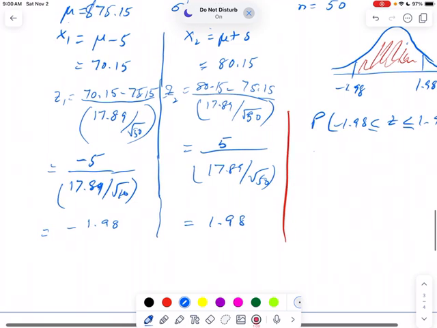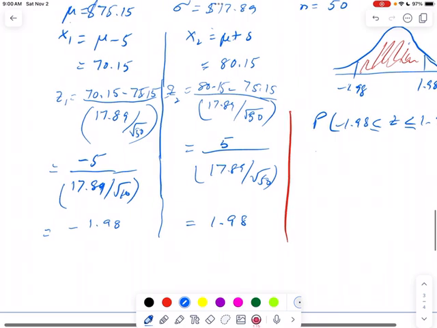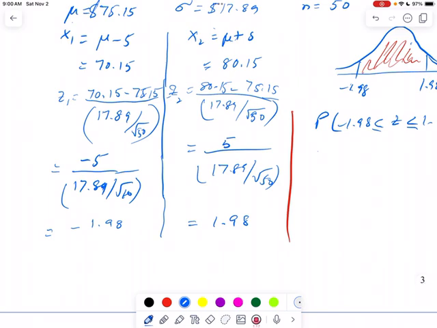So I am getting 0.9761. Just check if this is correct. 0.9761 minus